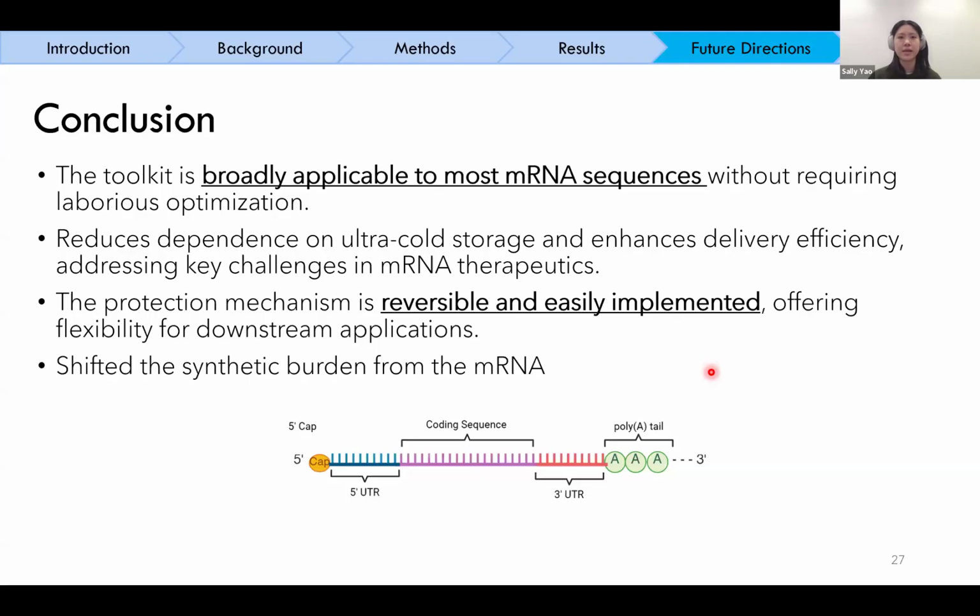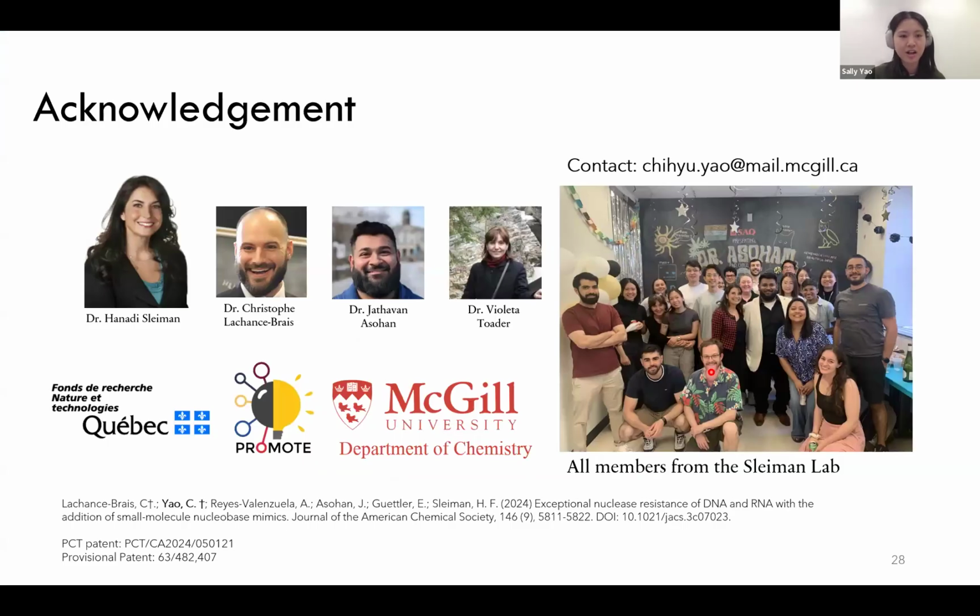And everything here is based on supramolecular assembly, so everything is reversible and you can tune it. You can release the mRNA whenever you want. And hopefully this toolkit can reduce dependence on storage conditions, which is one of the biggest challenges in mRNA therapeutics. So I would like to acknowledge my